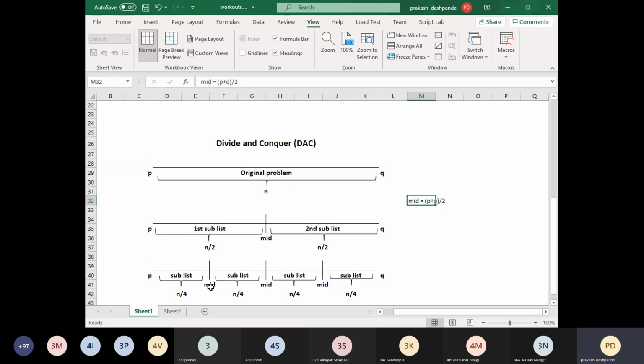Again, what we will do is take the mid of the first sublist, then split it into two halves. The same way we can do it for the next, that is the second sublist. Every time we will divide the given set of problems, and for a given subset, if we think that we can devise the solution there, well and good, take that particular solution and then combine it together.